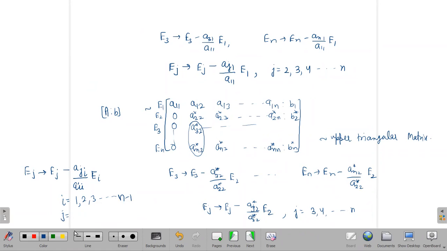And J will start from 1, ma'am. J is the one we are making 0. Okay, ma'am, 2 will come. But here 2, it is 3 here, and in the next row it will be 4, then 5. We are writing it in general, right? I plus 1. Yes, I plus 1. So it will be I plus 1, then I plus 2, and we are ending at n only. So you will get n. So I plus 1, I plus 2.